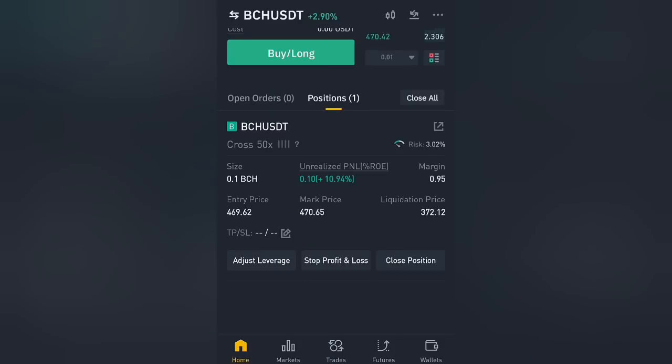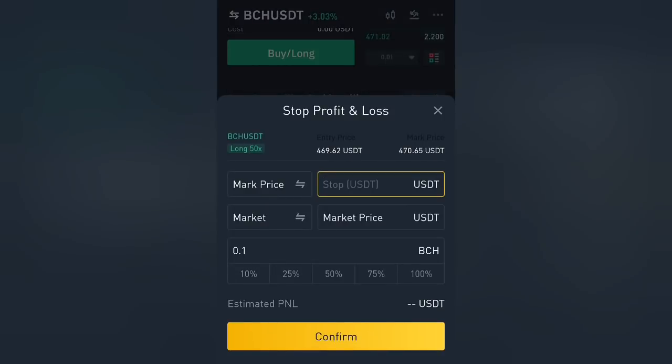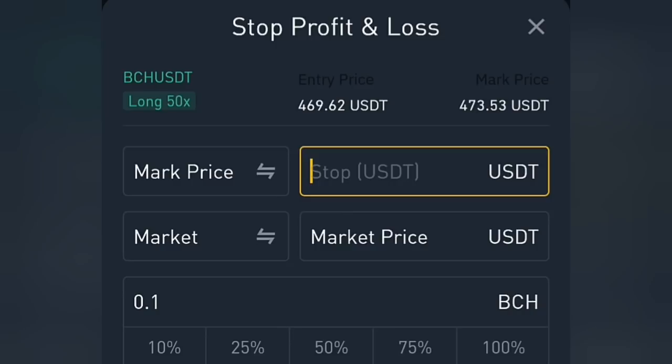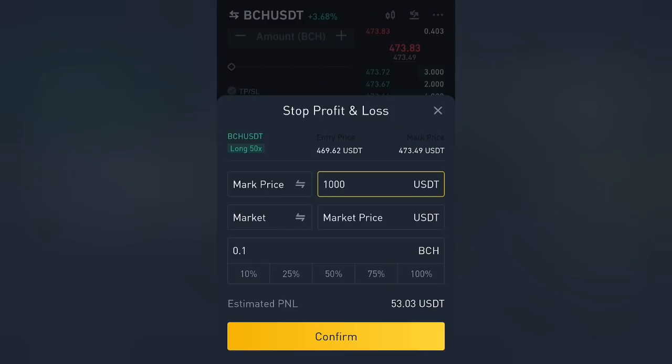In this trade right now, if I want to select my take profit and my stop loss, I would have to click on stop profit and loss. Now when I click on this, I can select the price at which I want to take profit or the price at which I want to stop my losses. Let's say on this trade I want to take profit at around 1000. The estimated profit you'll be getting would be 53.03 USDT. That means this would be the profit I will be making if I should close my trade at around 1000 USDT per Bitcoin Cash. So if I confirm this,